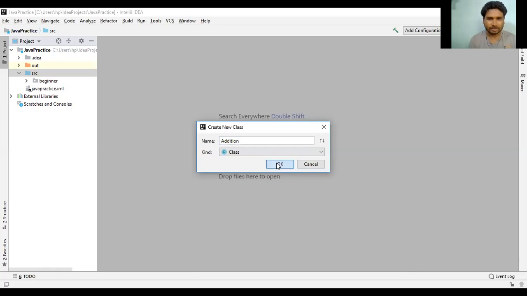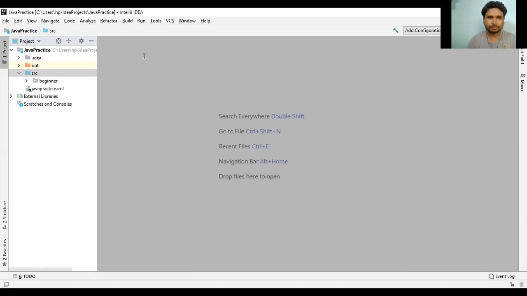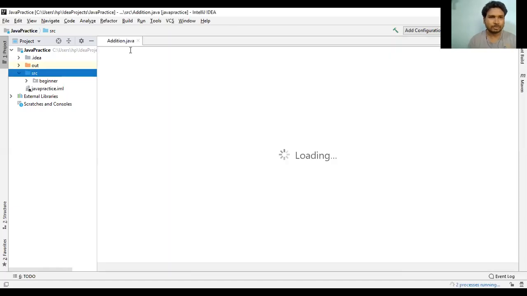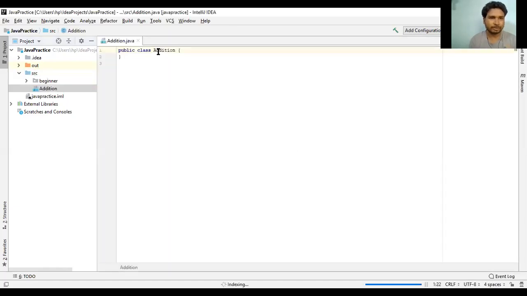Then click OK. It takes some time and will create the file Addition.java. It is a class file, a public class Addition. You can notice here public class Addition.